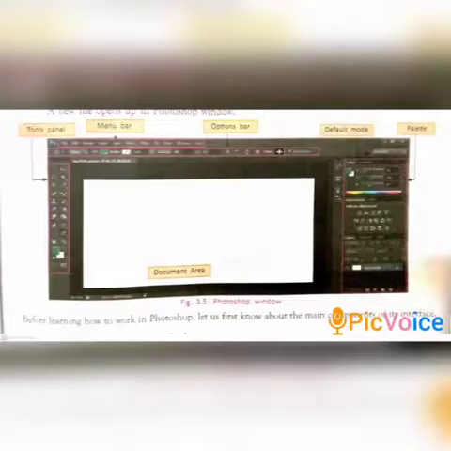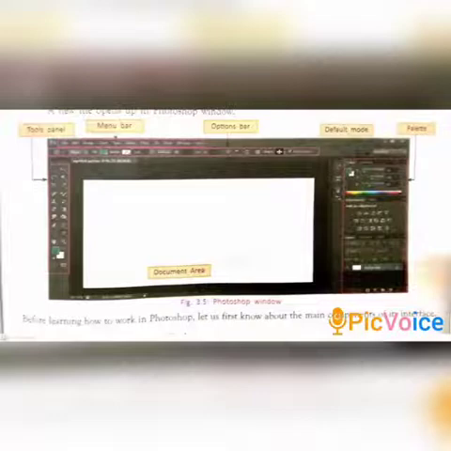Next, option bar. The option bar is the horizontal bar that runs underneath the menu bar in Photoshop. The job of the option bar is to set the options of the tool you are about to use. Next, default mode. Essentials is the default view.